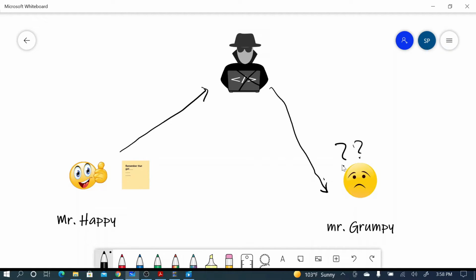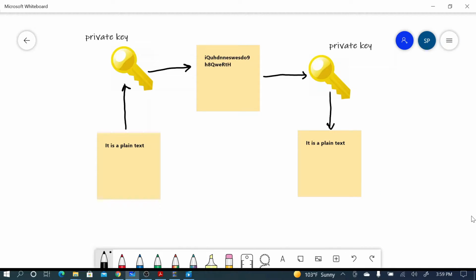So let's discuss what is symmetric encryption. In symmetric encryption, the message is encrypted with one key and it gets decrypted by the same key. That key is called the private key. So in this example, if you see, it is a plain text and we encrypt it using a key which we call the private key, and the same key is used to decrypt the message.